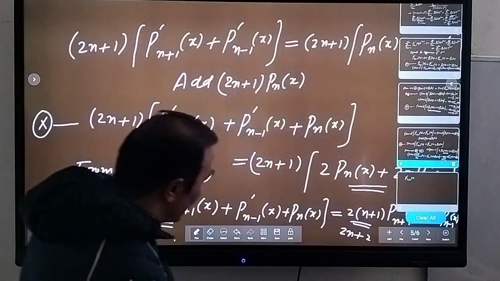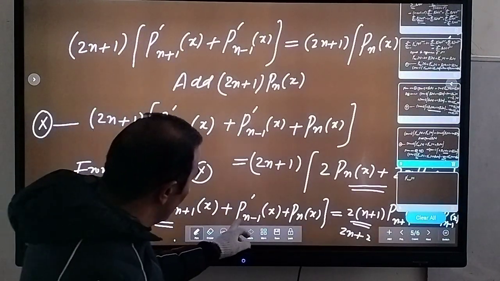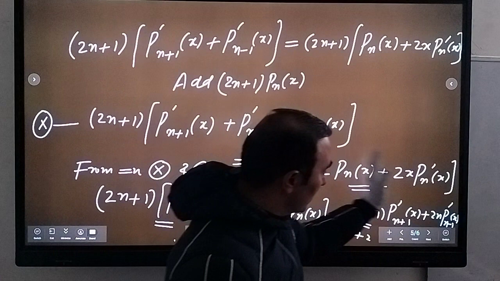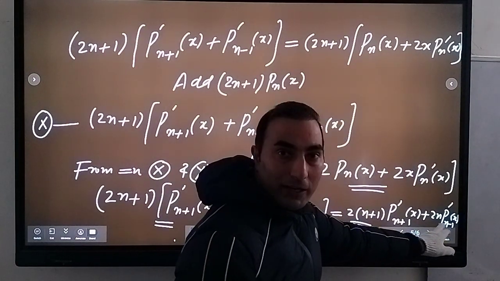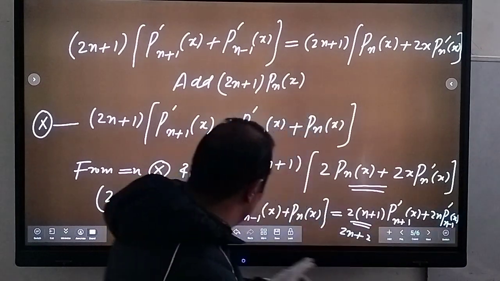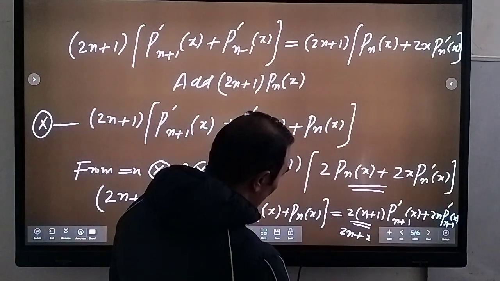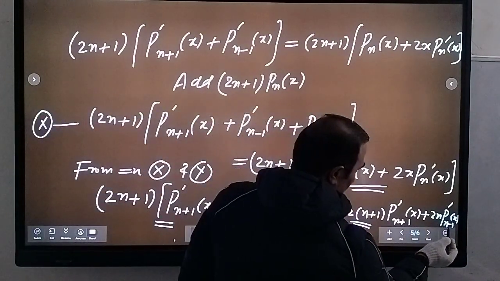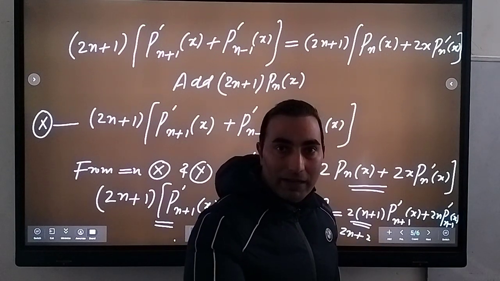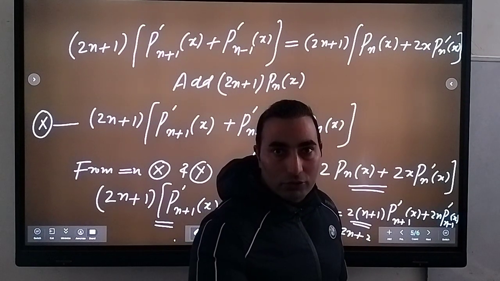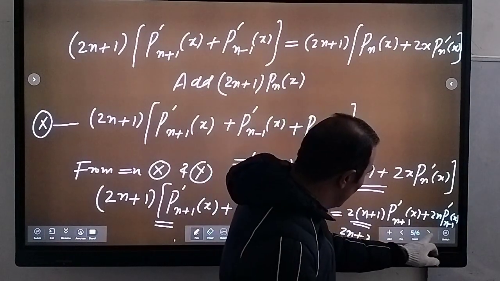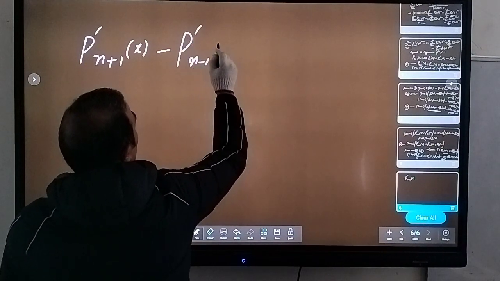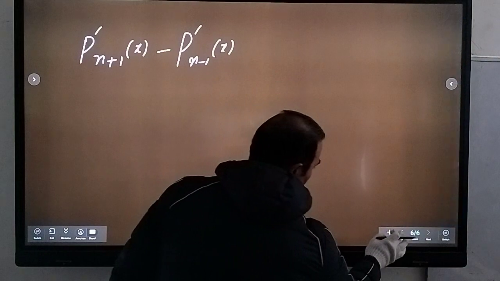Now the second term. The second term here is P dash of n minus 1 of x, but multiplied by (2n plus 1). So if I take it on the right hand side, there is already 2n here, right? So it will be 2n minus 2n minus 1, right? This is (2n plus 1), and here there is 2n, so it comes out to be 2n minus 2n minus 1. So 2n will cancel, and it will be minus P dash of n minus 1 of x. So the second term will be minus, right? Okay. So this was our